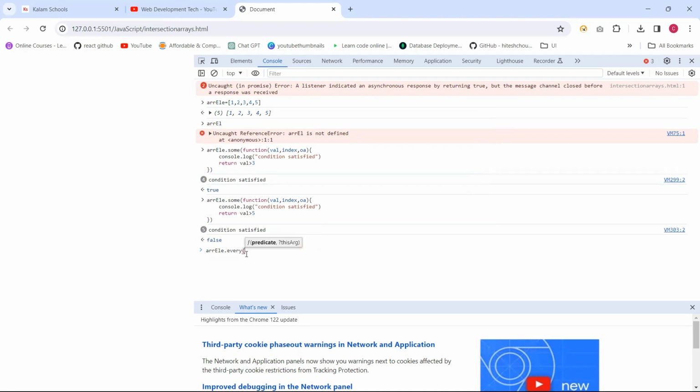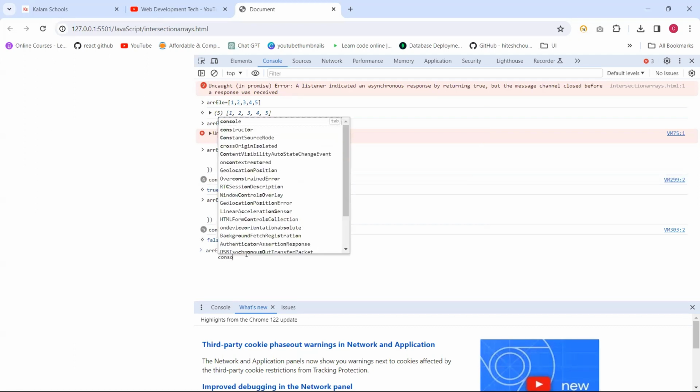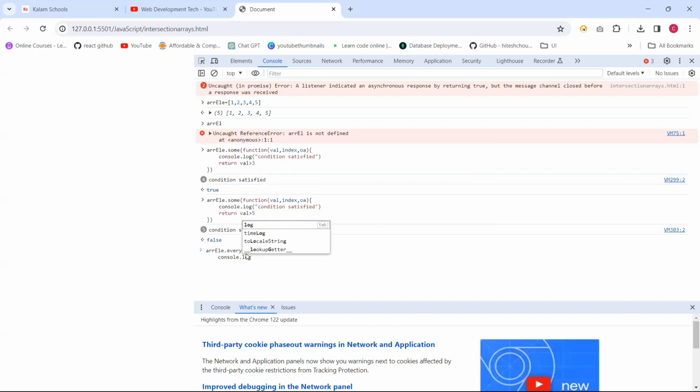Every. It will take two arguments. First one is a callback function. The callback function has value, comma, index, comma, original array. Second one is option. For reference purposes, we can add console.log of